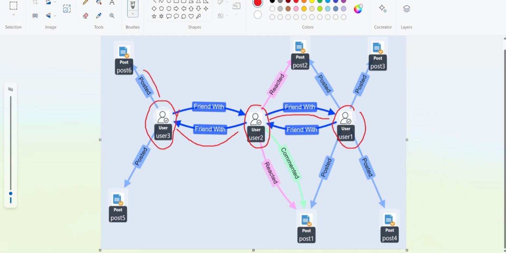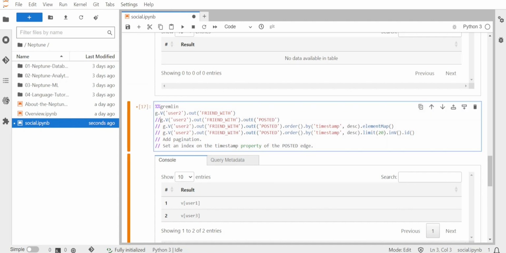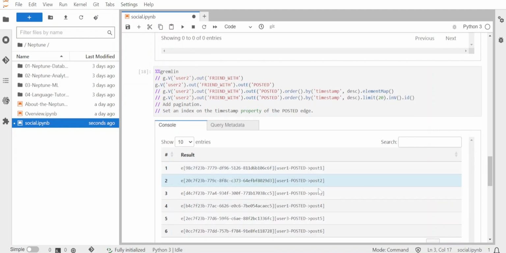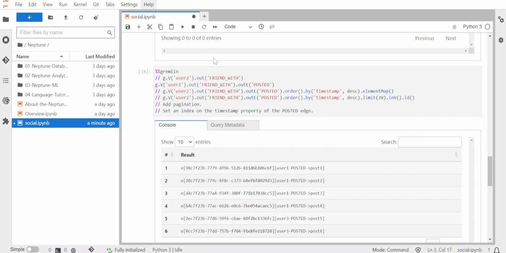From there, we can find the posts through the posted edge. So for each friend, we are traversing even further to get all those posts. For that, we can traverse from user 2's friends to its outgoing and just post. And here, as you see here, user 1 posted post 1 to 4, and user 3 posted post 5 to 6, and user 3 and 1 are friends of user 2. And if we notice, this posted edge has timestamp